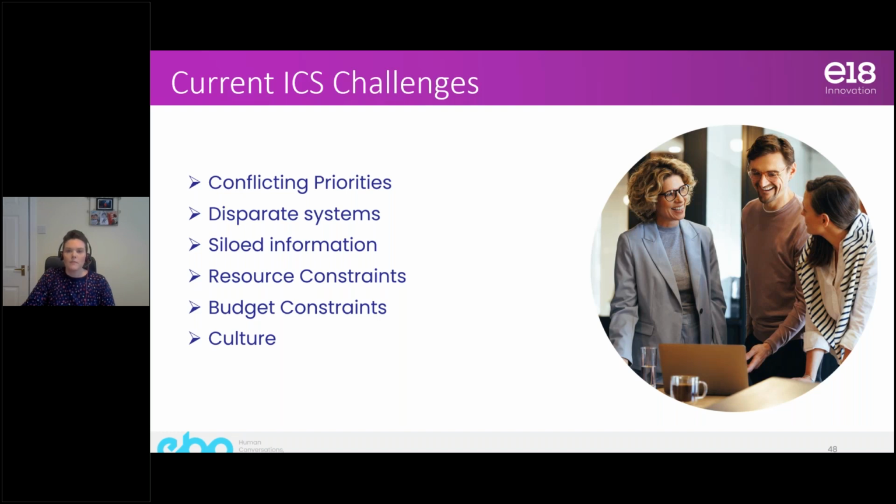We all know that there's a limited amount of funding available in the NHS. However, there are currently some funding opportunities for organisations wishing to implement a patient portal or improve upon their existing portal. And there'll be further funding opportunities coming for our community and mental health trusts too. So at E18, we can support any organisation with their bids and business cases to apply for these funding opportunities to implement the Intelligent Patient Portal.